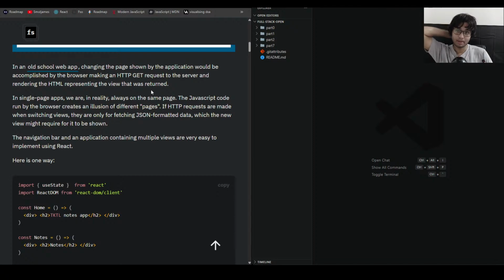In single page apps, we are in reality always on the same page. The JavaScript code run by the browser creates